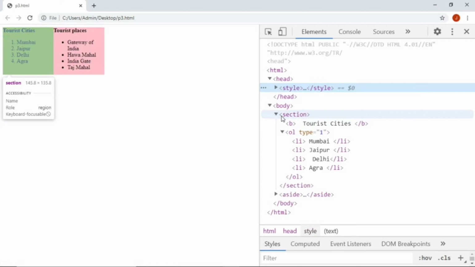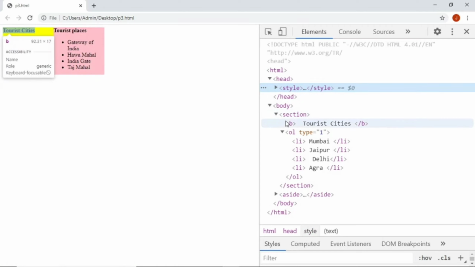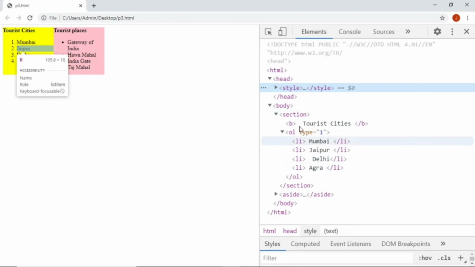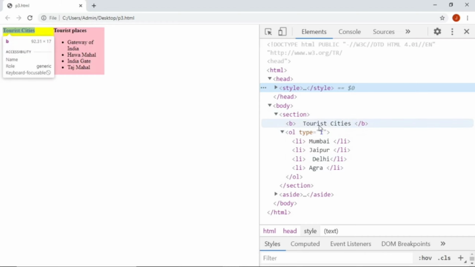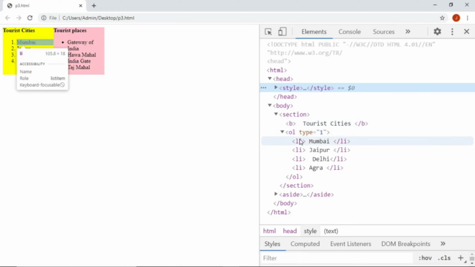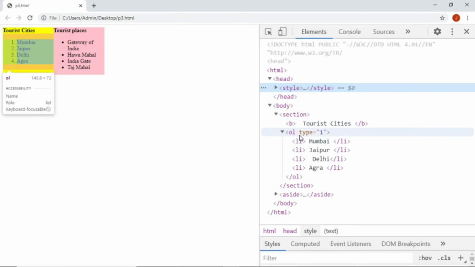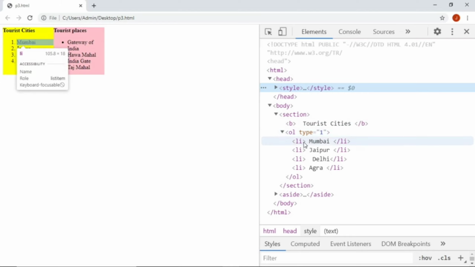We can declare the section tag, and then give the heading of it as Tourist Cities. Then because we are supposed to use an ordered list type, you can start the numbering from 1 and specify all the cities within the li tags, with the opening and closing of li tags.